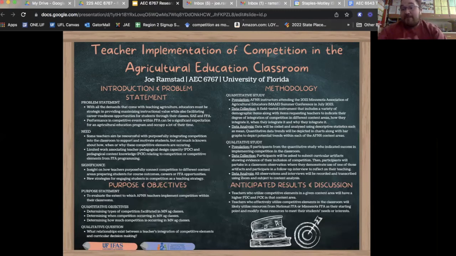So at the end of the day, I'm very passionate about this research area. I love what I do as an ag teacher. It's very cup filling and it's fun. And although some days are more challenging than others in the classroom, anything that we can do to make the lives of teachers even easier and more simple, the better.